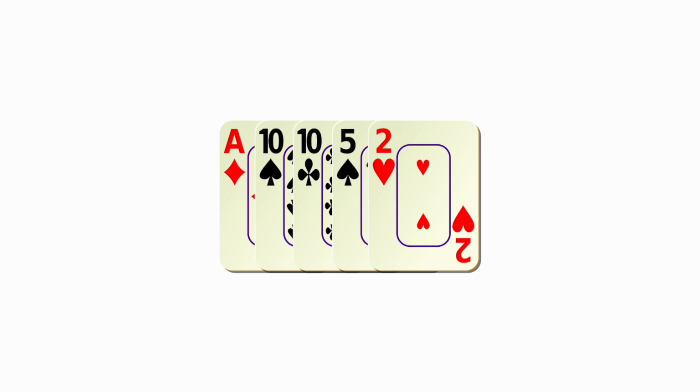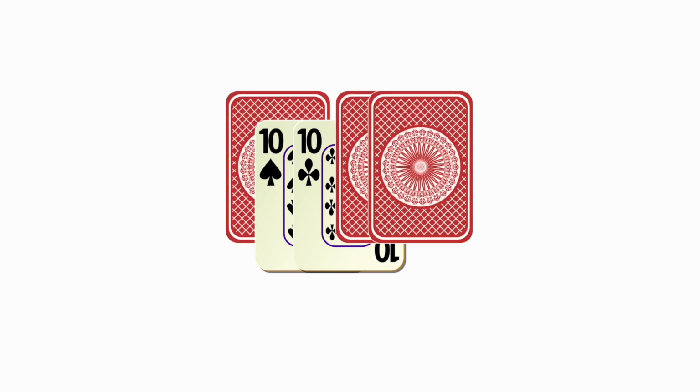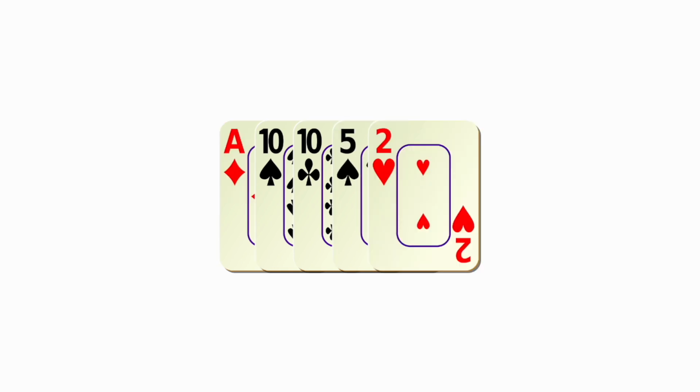Generally, my strategy is to replace as many cards as possible. So, for instance, if I raised on the button with a hand like ace, 10, 10, 5, 2, I'm going to only keep the tens and replace everything else. Even though I have an ace in my hand, which is the highest card, and I could easily draw an ace to make a pair of aces with a pair of tens,